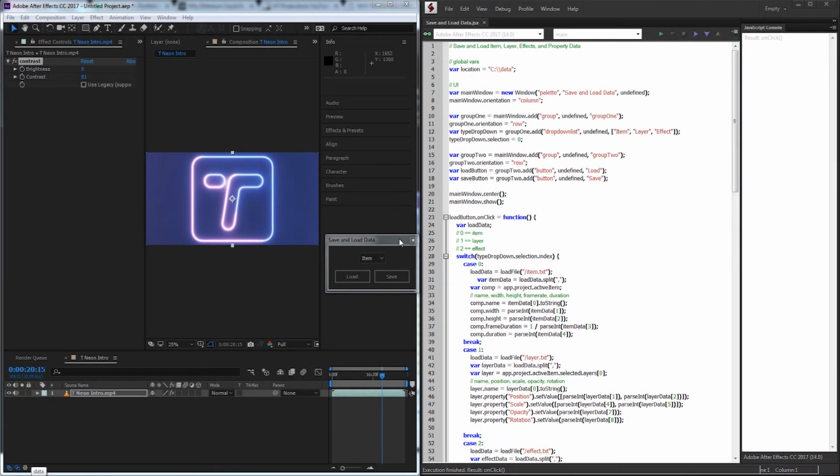Hello everyone, in today's After Effects scripting tutorial, I'm going to be showing you how to make a script that will allow you to save and load data from an item, layer, and effect. So the basic way this is going to work is we can choose which property we want to save or load. If we were to say save the item, we can click on save, and it's going to save some